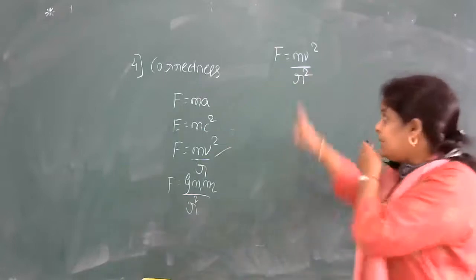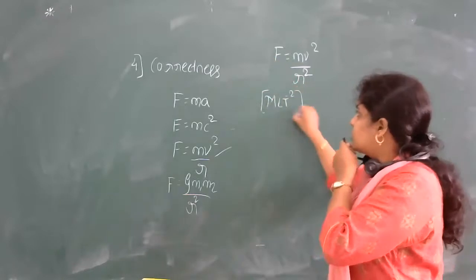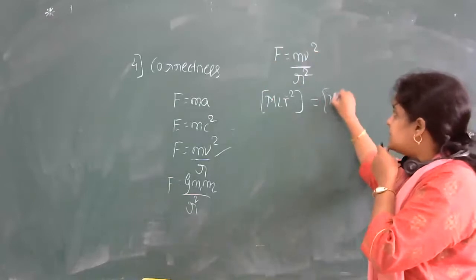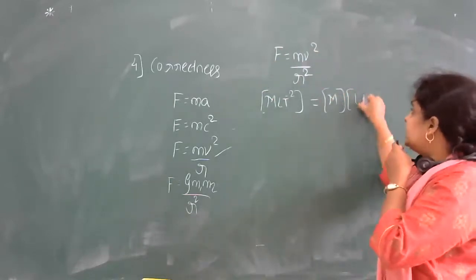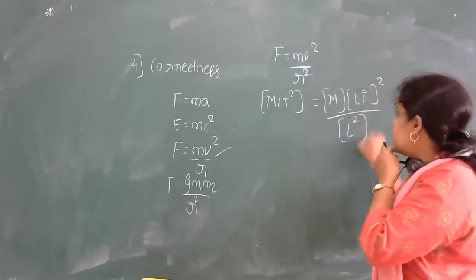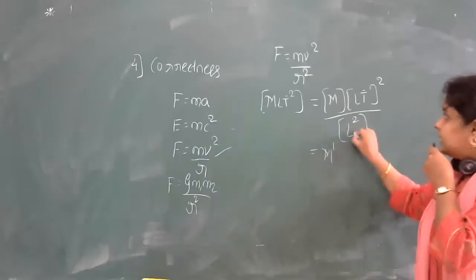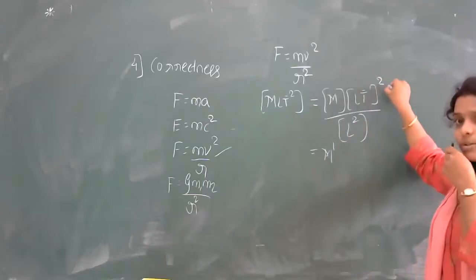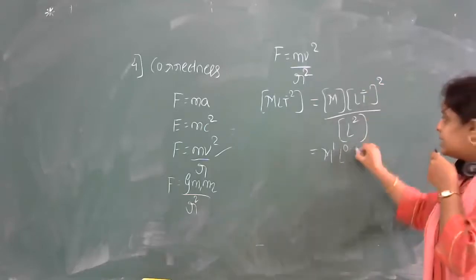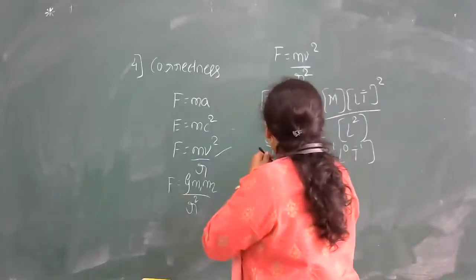So here you just apply the dimension analysis method. How are you going to apply? Write the dimension formula of force. What is the dimension formula? MLT raised to minus 2 is equal to. What is the dimension formula of this entire term? M I'll write as it is. Velocity is LT raised to minus 1, to the power 2, divided by r, which is distance, L raised to 2 again. So you will get M raised to 1, L raised to 2, this is also L raised to 2. L raised to plus 2, L raised to minus 2, this becomes L raised to 0. And here it is T raised to minus 2. Here you have MLT raised to minus 2.